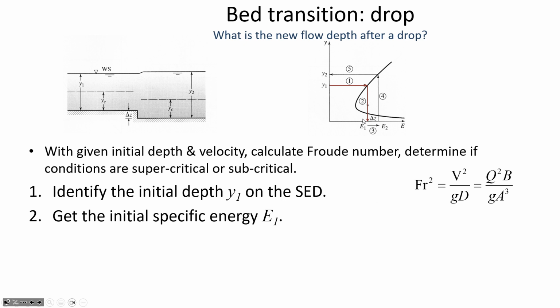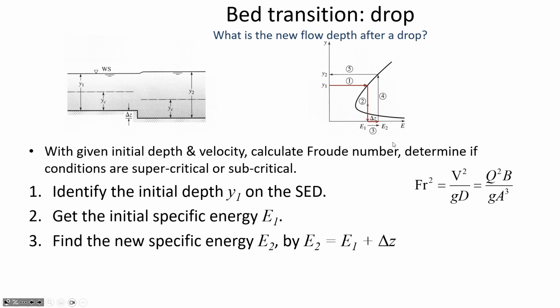So we found out E1. Now, because of the delta Z being a step down, you've got more specific energy. So E2 is greater than E1. So E2 equals E1 plus delta Z if you've got the water stepping down like it did here. The water gained energy because it flows over a step. It's gaining the amount of energy that was lost in elevation. So there's more energy downstream. So now we're at E2. That was this step. We go up